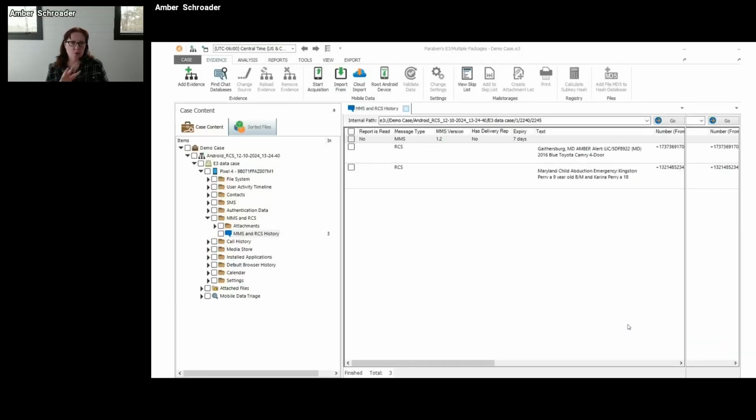Now, what do you have to do for your tool choices? So what really needs to happen is that your tool has to go through and really tell you that you're seeing an RCS message versus an SMS or an MMS message, because it is technically a new messaging type. So you should see that in your analytics like you do here, where it's saying, hey, this was an RCS sent message as opposed to one or the other. That immediately tells me that I can then also typically find the Wi-Fi location associated with this RCS message. So it's leading me down my investigative path with something as simple as messaging. I know the little things we take for granted, right?